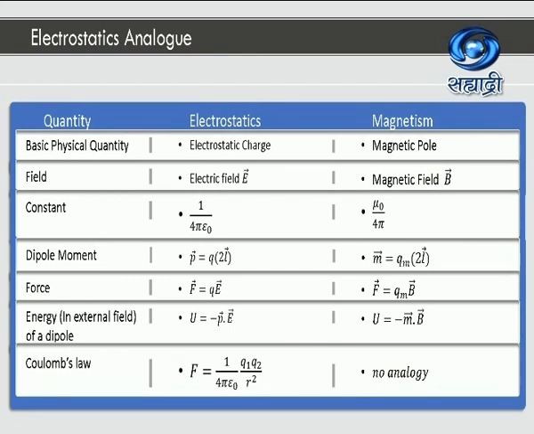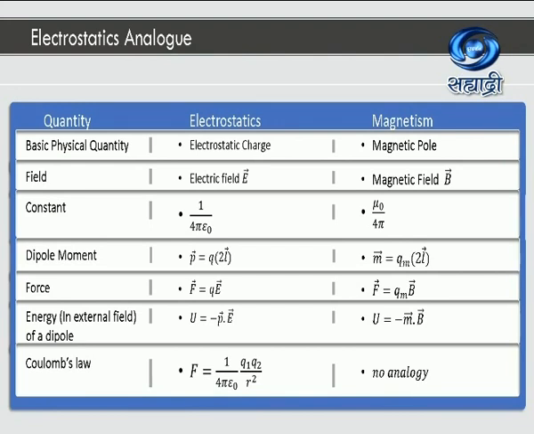Force. Here in electrostatics, the charge Q, when kept in external electric field E, then the particular charge experiences force, which we can also call as electrostatic force, and it is equal to QE. Whereas in magnetism, we have magnetic force F equal to Q suffix m B. If you compare these two relations, see here, the charge in electrostatics is analogous to the pole strength in magnetism. Here in electrostatics, we have electric field E, there we have got magnetic field B.